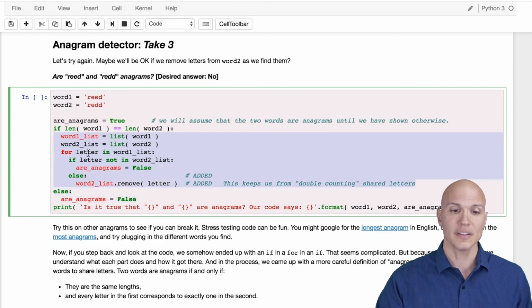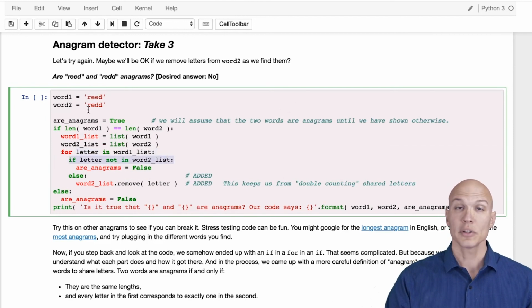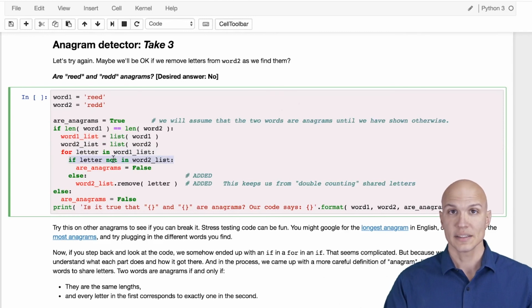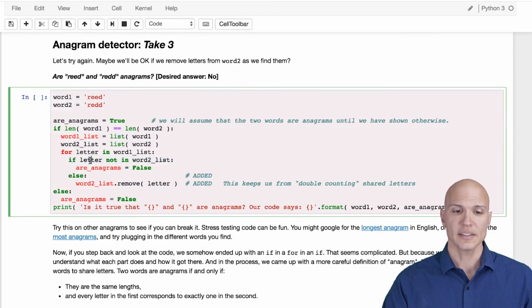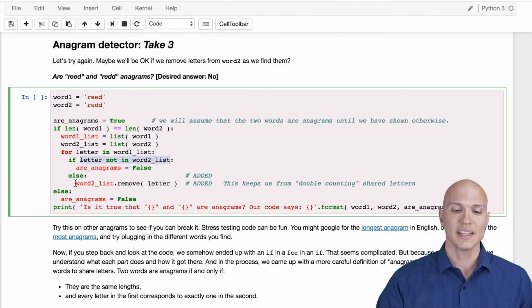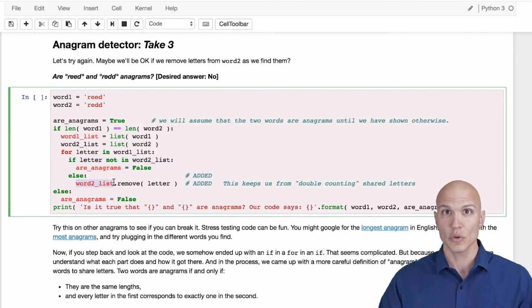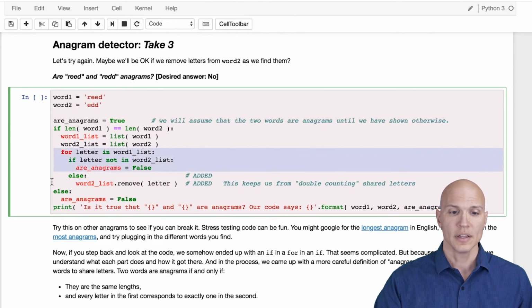All right, so they're the same length. That means that for every letter in read, I want to ask if that letter is in read. I'm going to start with R. R is in read with 2 Ds. So this is false. This asks if the letter is not in the word, and R is in the word. So what we're going to do instead is from word list 2, we're going to remove one R. And what we should get, read, is going to become ed. And we're going to reach the end of this loop,